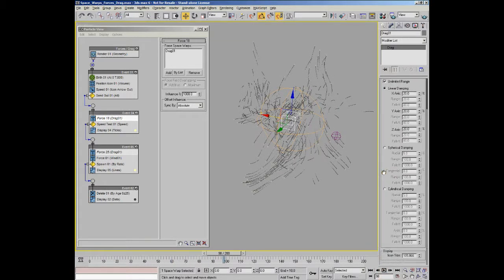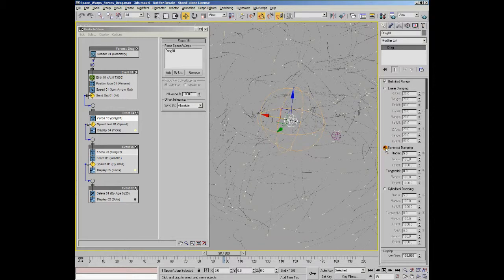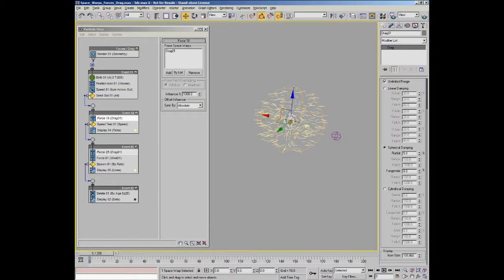Before moving on, I'll give a quick description of what these other options do. As you can see here, linear damping means that we have a damping take place in all three axes at the same time. Spherical damping will actually base the drag on a spherical gizmo, and in this case, again, the position of the actual drag has a major effect. When you use linear damping and you have unlimited range turned on, the icon can actually be anywhere for the drag. When you have unlimited range turned off, then the actual position of the drag icon actually has an effect on, obviously, the fall off within the scene. With spherical damping, the damping is obviously based on a spherical gizmo,